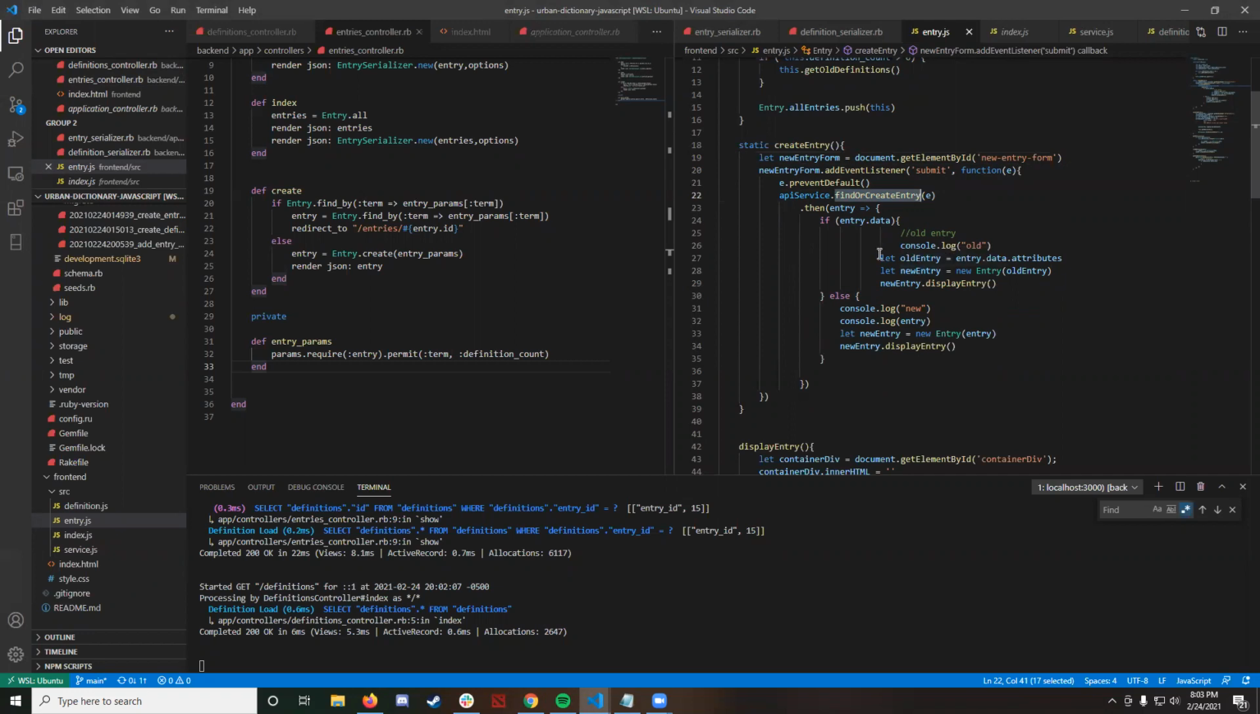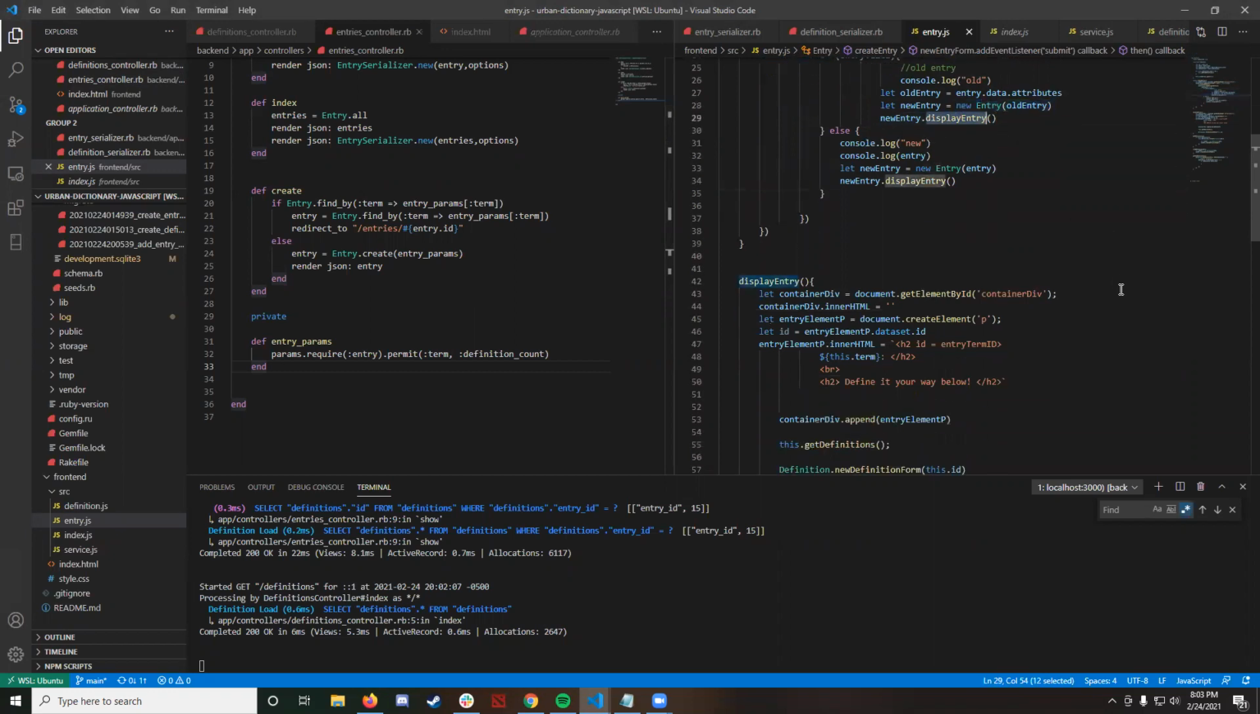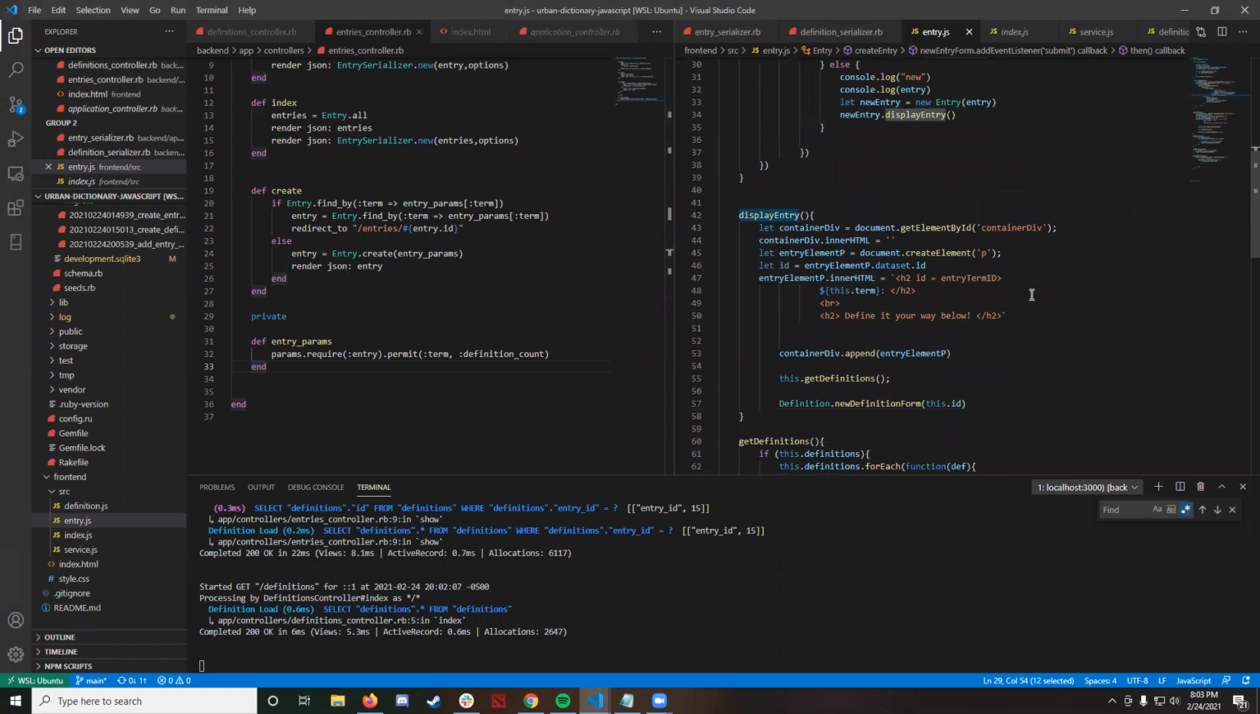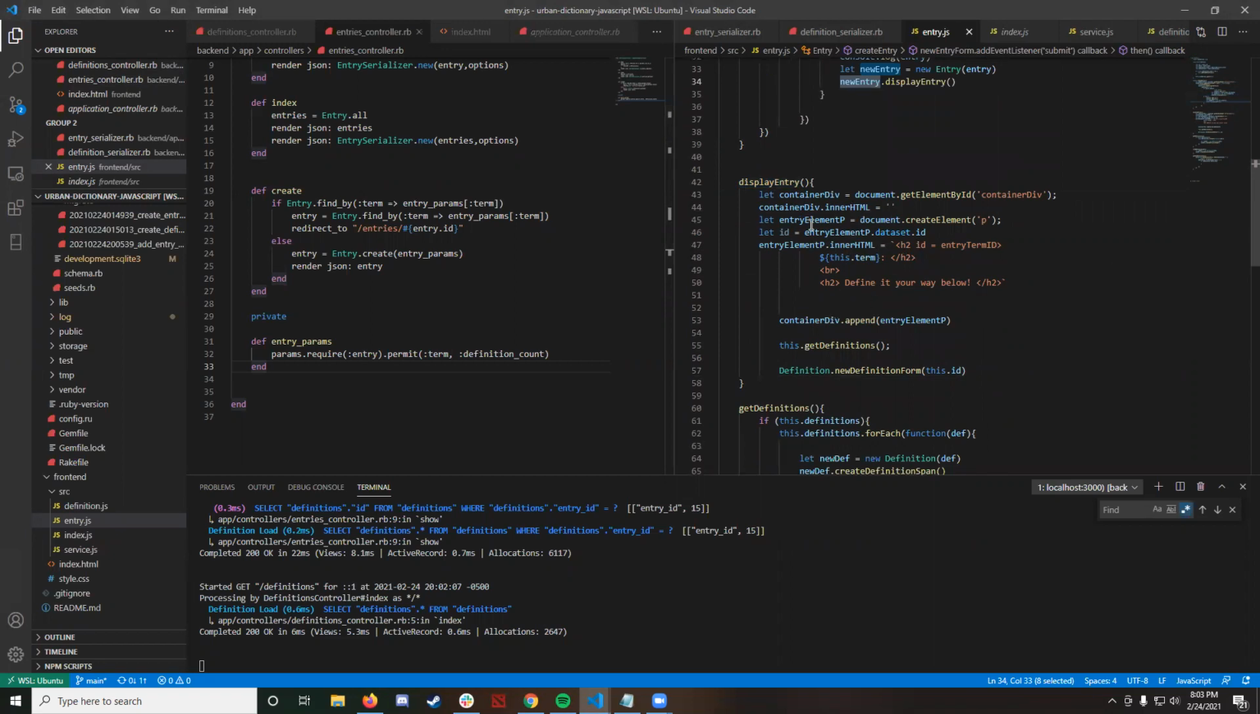I was having a bit of an issue with the old entries coming back with the nested data inside of the JSON. Whereas if they were brand new, they didn't come back with that because of my relationships, I think, in the back end. So anyway, then we call display entry. Well, we make a new entry object, and then we display entry, and now we're inside of this new entry object. So this is an instance method, and all it does is it just makes a new div and grabs the